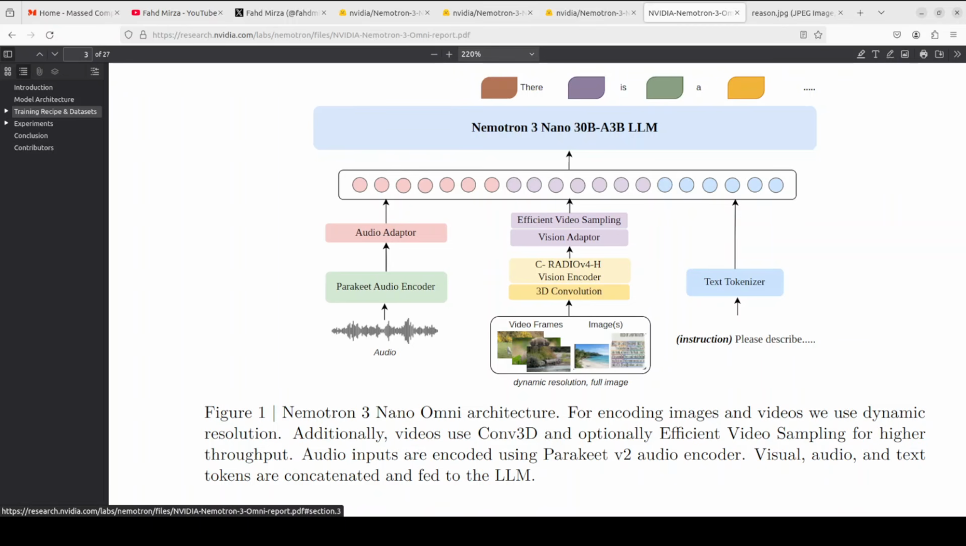Its architecture, which you can see on your screen, provides up to 9.2 times higher system efficiency for video use cases and 7.4 times for multi-document use cases over other comparable Omni models. But we will test it out and see if that is true or not. More importantly,